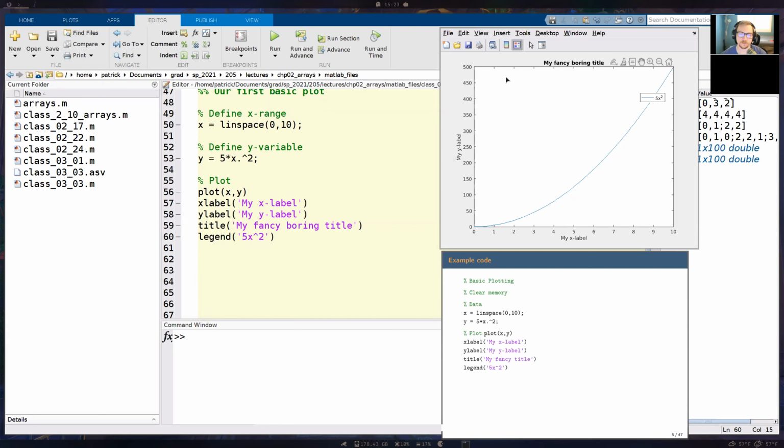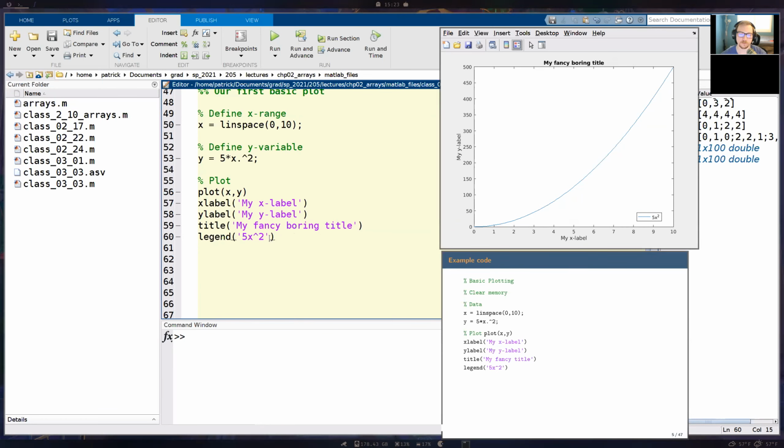I can also move this around wherever I want. You saw that by default, it's actually not very ideal. It's blocking the plot a bit. For this plot, it's pretty basic and we're not missing too much information, but you want to make sure that you avoid having your legend block curves. So again, you can move it around wherever you want, or you can even specify in code where you want to have your legend positioned. We'll go over that later on as well.